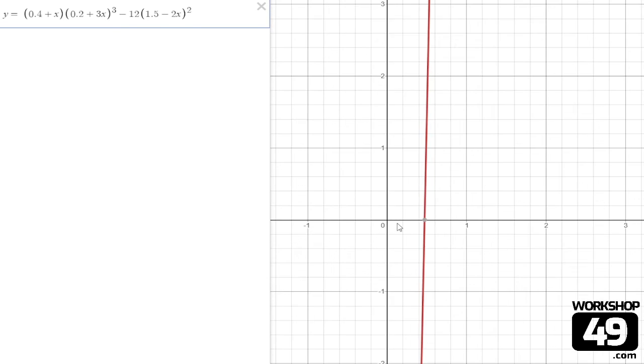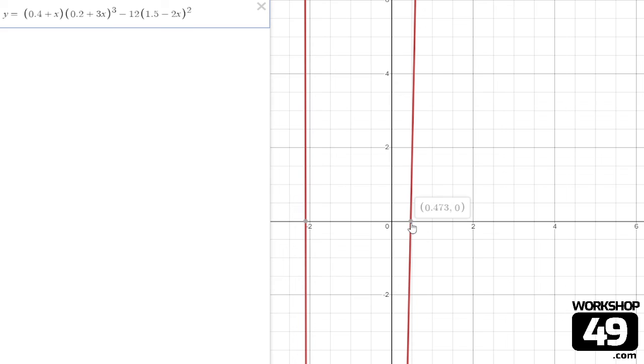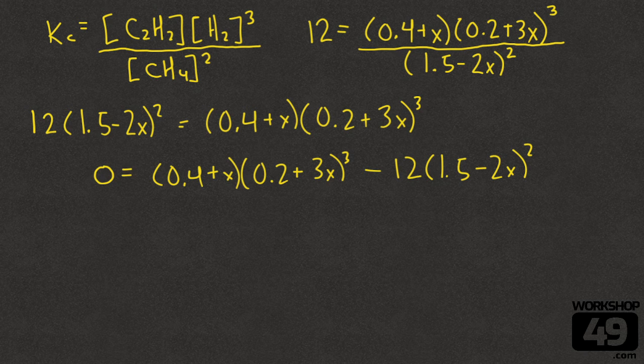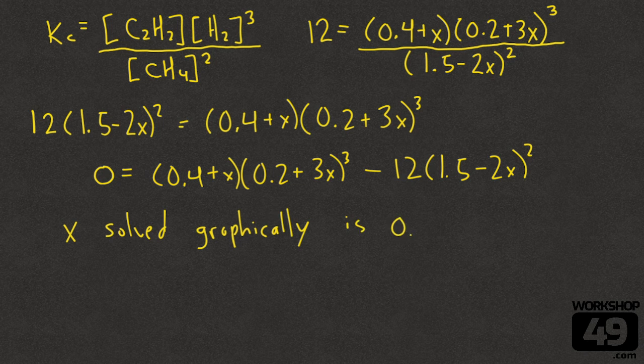So we can get this answer simply by graphing our function and finding the x-intercept, whether it's a quadratic or a cubic or a quartic, and this works on the easy ones as well as the hard ones. So let's write that down. Our x solved graphically, we know that's our x value, we've solved it graphically, is